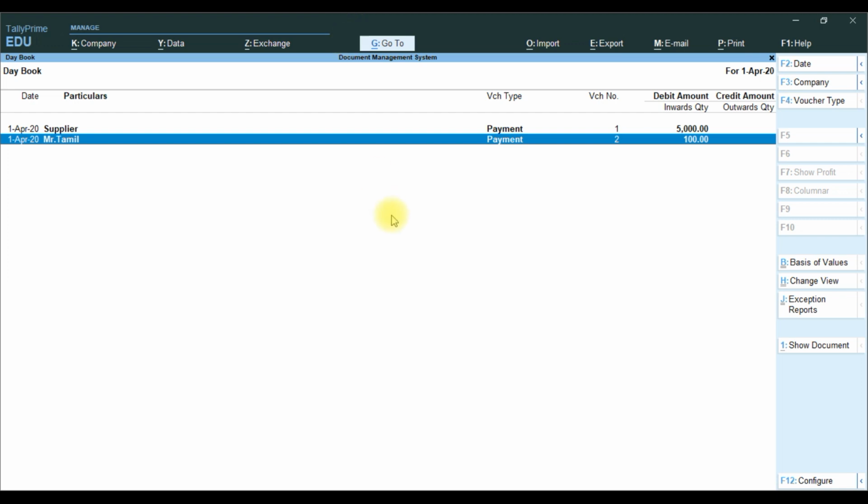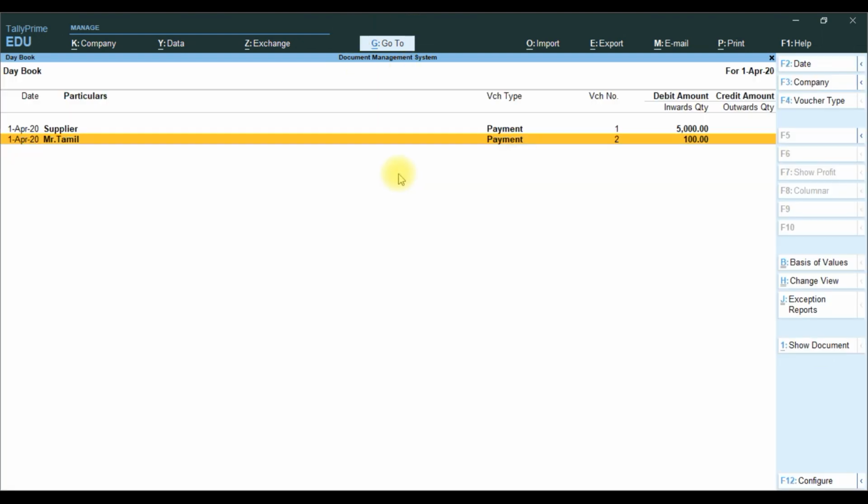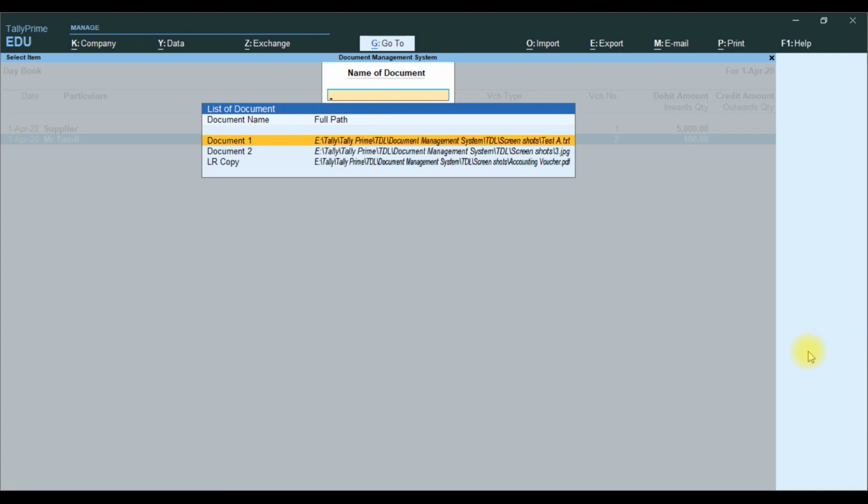Whichever document we attach, that document will open when selected. For show document, you need to select the line. If you just press show document without selecting, it will not display anything. You can press spacebar for the particular line. Then you click Alt 1 or click the show button, it will display.